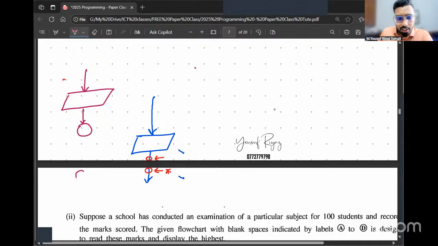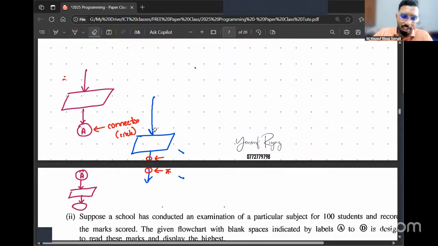And for the continuation, we draw the circle again on the next page and show the continuation like this. Within this circle, we might mention a label to say that after this, go here. We call this circle a connector. So the shape used for a connector is actually a circle. Okay, exactly.